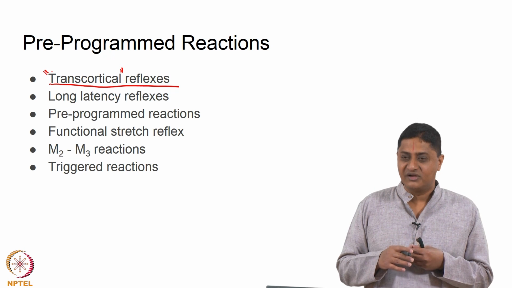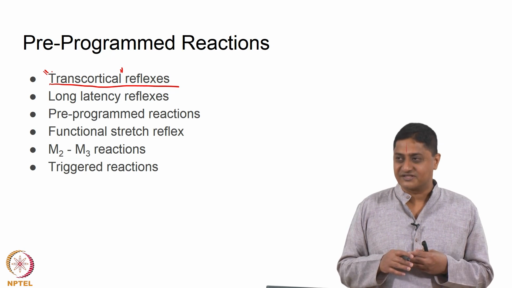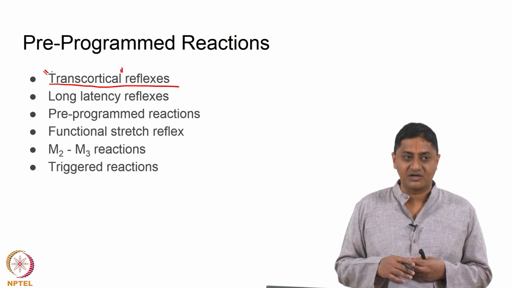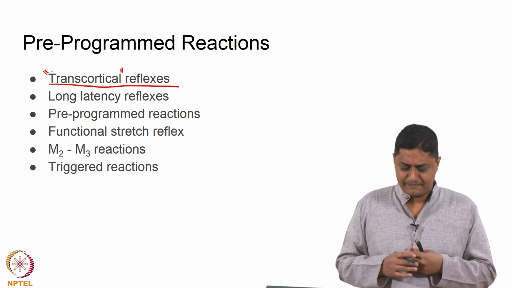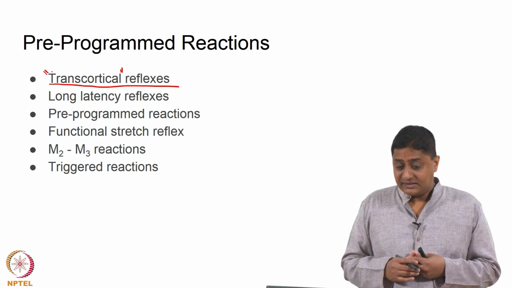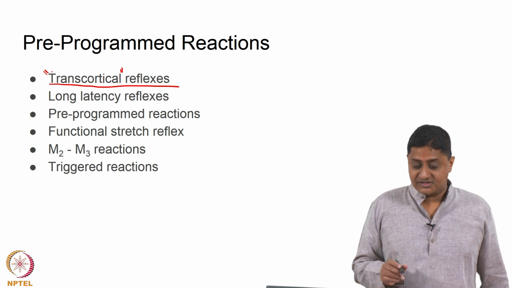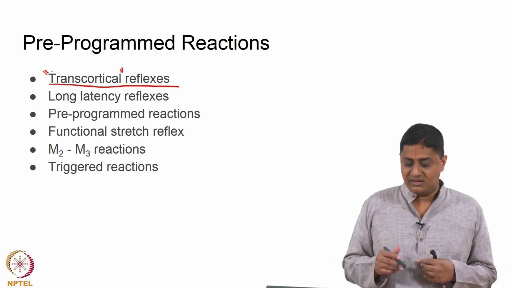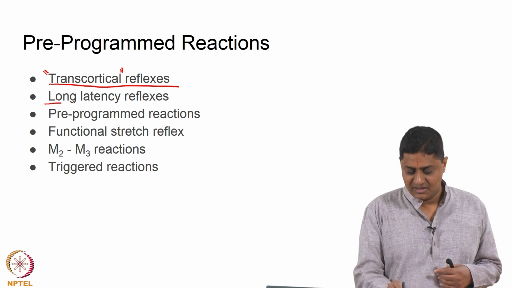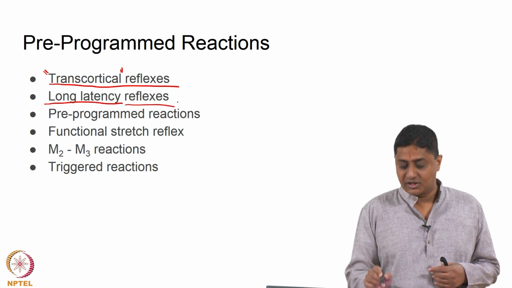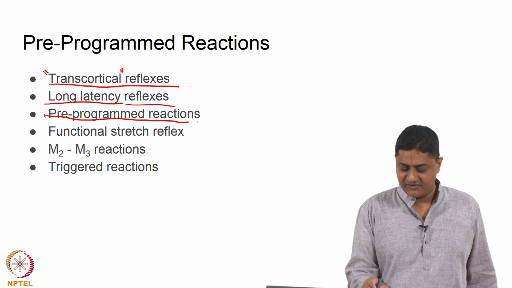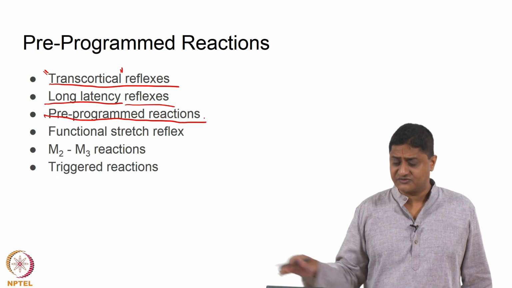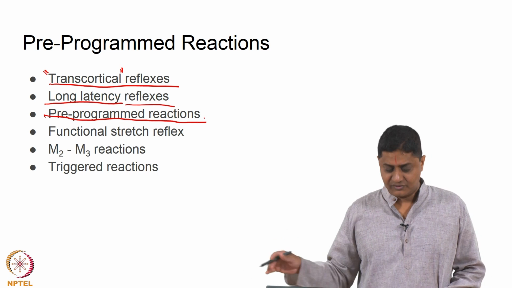Transcortical means, by definition, that these are not reflexes, they must be voluntary, you would think. Cortical means thinking, ideation, something is going on. Yet we call this transcortical reflexes. They have relatively long latencies. So, they are called long latency reflexes or long loop reflexes, and of course pre-programmed reactions, as we are calling them. We will call them pre-programmed reactions for the rest of the class and the rest of the course